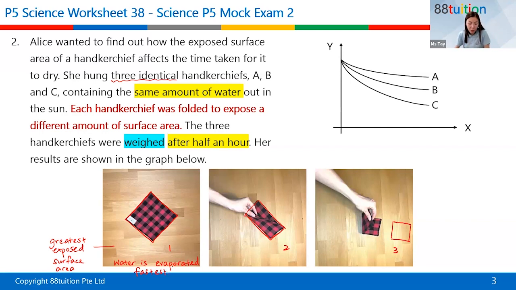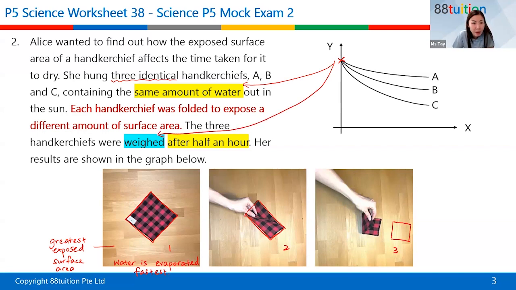All right, so if I were to ask you which line of this graph will show that? Now you will start asking me, so what does the starting point mean? Do you see that I have already highlighted for you? When you talk about the same amount of water, then another pointer given here